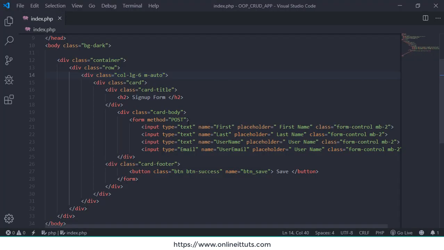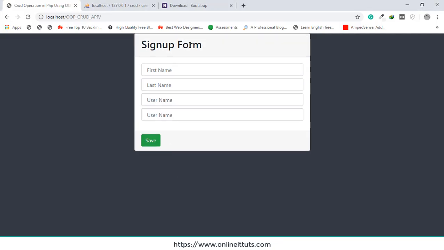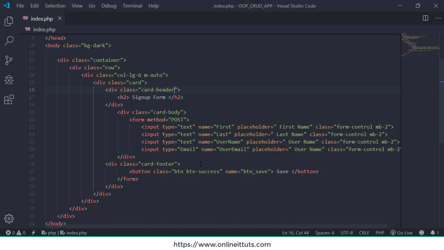And also I want to change the title to a header, right? I want to make a space between the browser and our form. So go to where is the card? This one, the card, and assign the class margin top 5,